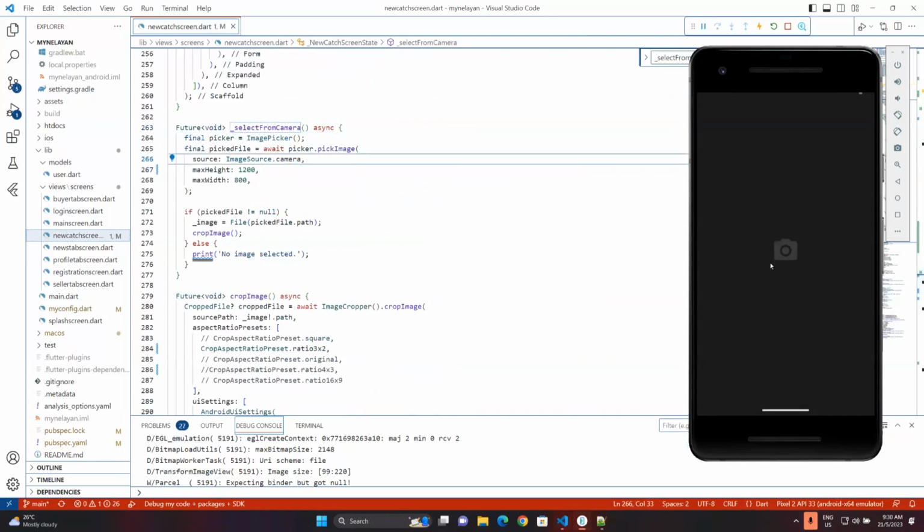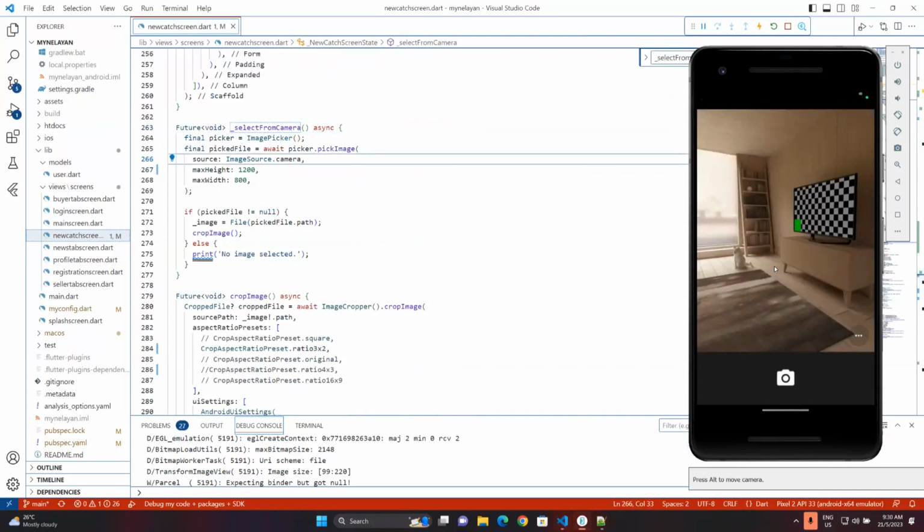So here we ask user to take picture from their camera, and user can access the camera feature. In this case, we use a simulated camera function provided through AVD. You can just take picture from here, and then it